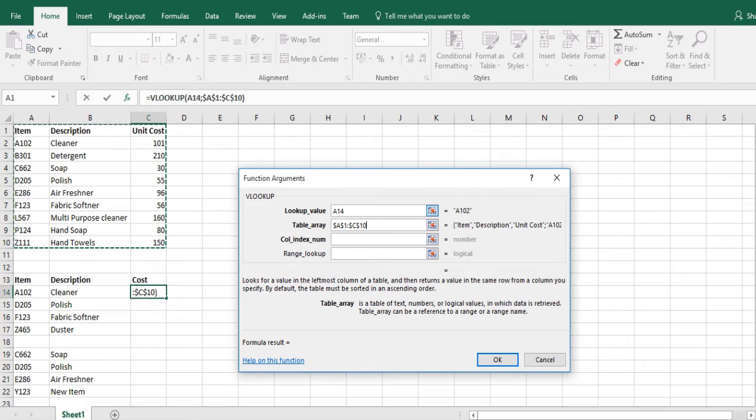So we're looking for A102 in cell A14 within this table, and when we find it in this table, we want to return the value in column C. But when inserting, we must use the column number. The leftmost column is column 1, next is column 2, and then column 3. The unit cost is column 3, so we put in the number 3, and immediately you can see the value being returned. Under the range lookup,